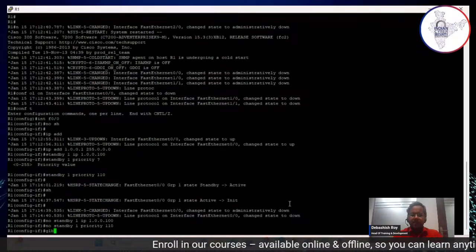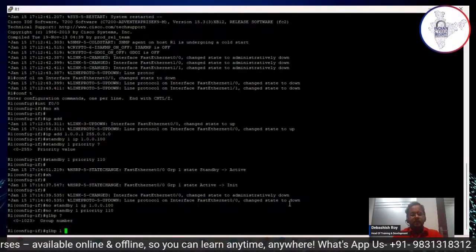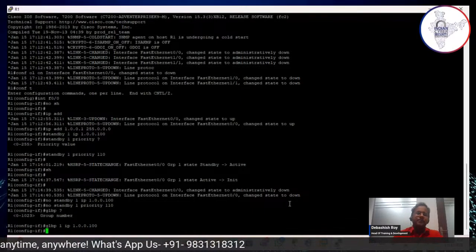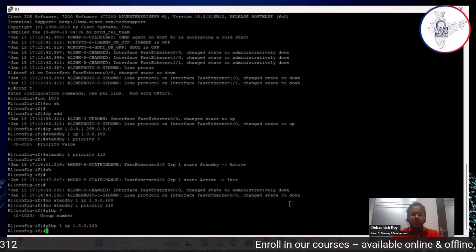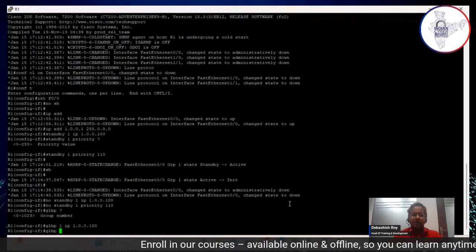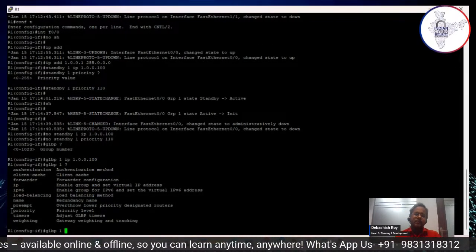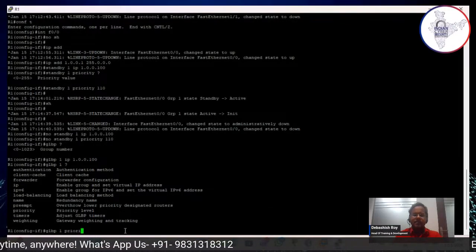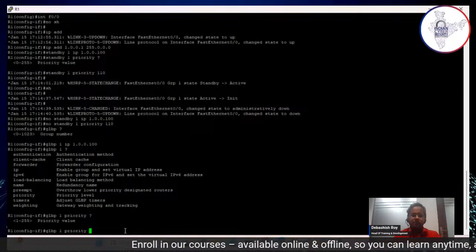So in case of GLBP, again glbp, then if you give a question mark, there is the group number, say 1 or 10. I'm giving the same one, you could give other, and IP, let's say the same 100, you could give other IP as well. Now there is no such priority because in GLBP everything is active. So here if I give glbp 1 question mark, then you can give the priority, because if I give priority, that will be elected as the active AVF. So you can assign priority, but there is no concept of any standby router. So let's give priority, say 150,